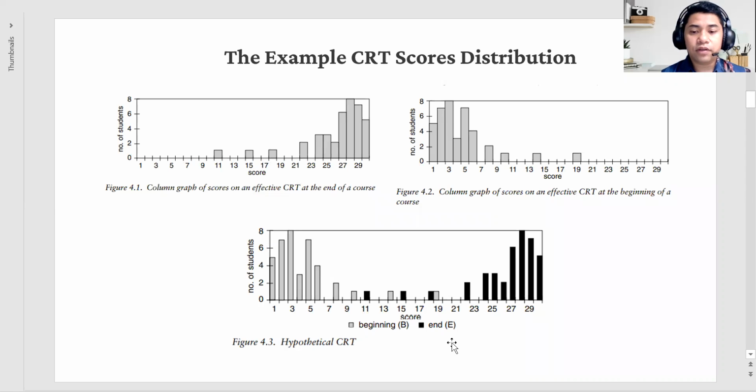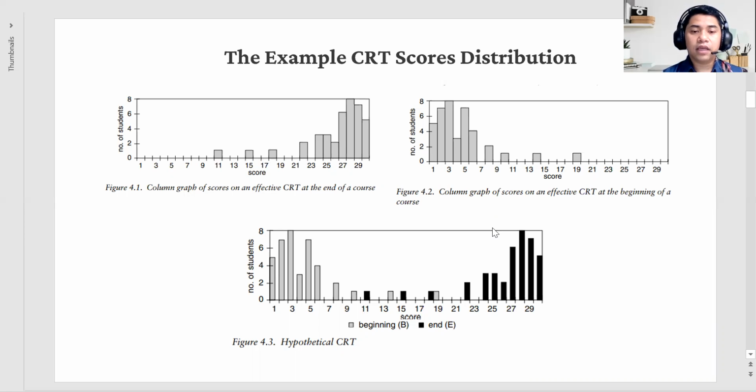In this slide, I try to explain the example of Criterion reference test score distribution. The first figure is figure 4.1, which tells us about the scores of students at the end of the course. We can see here that most of the students scored very high, with only a few students not keeping up with the group. It indicates that most of the students have good achievement at the end